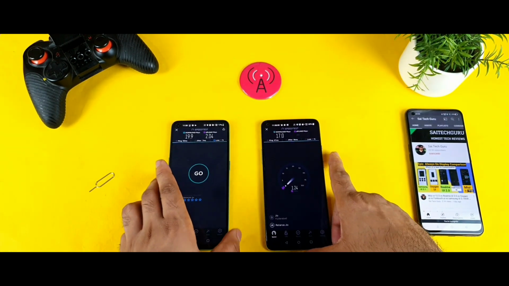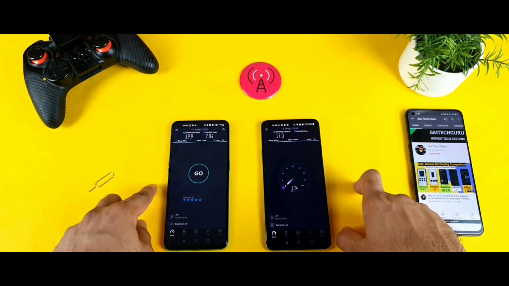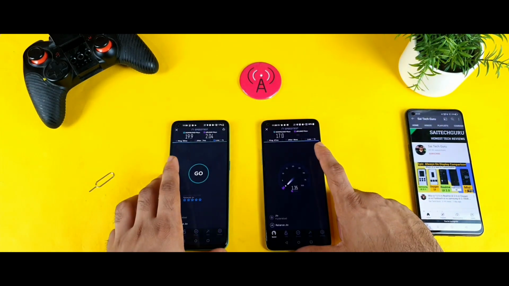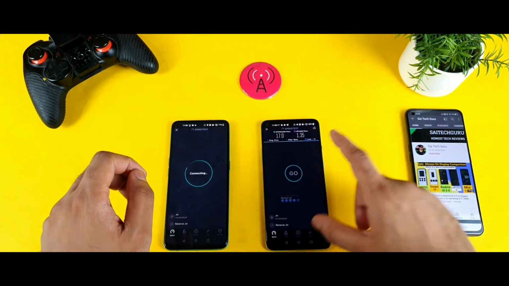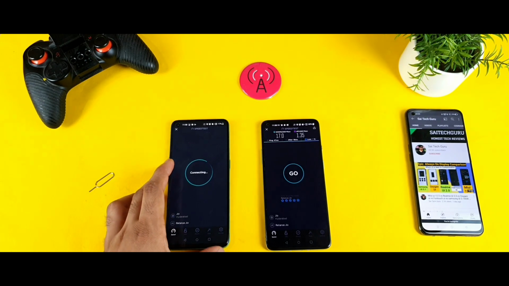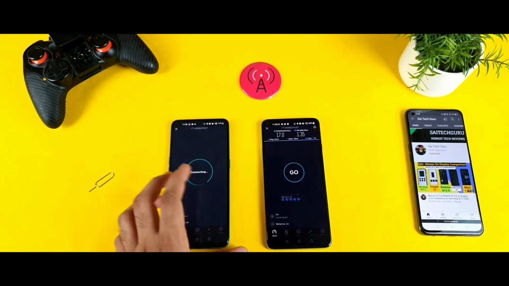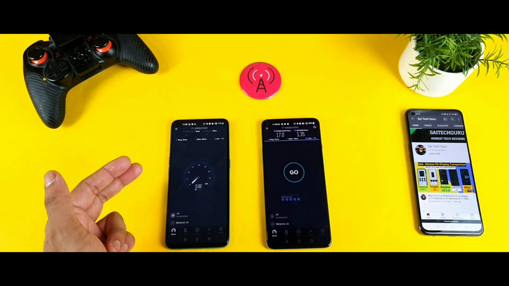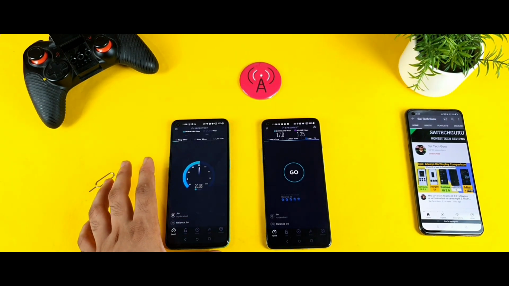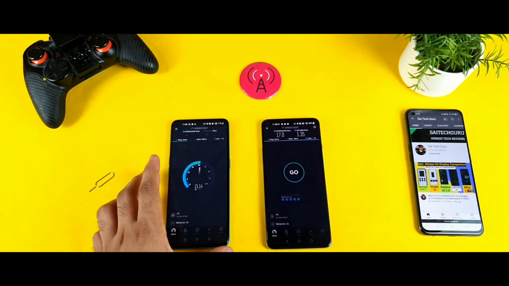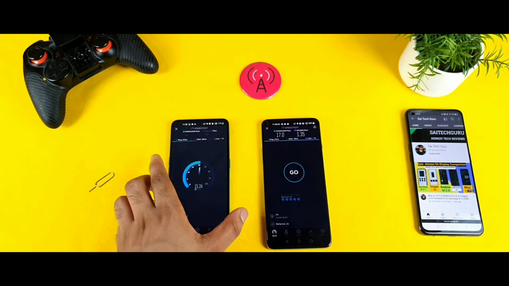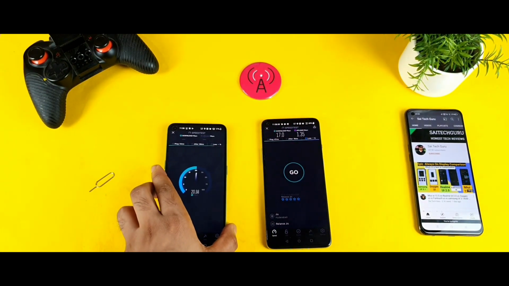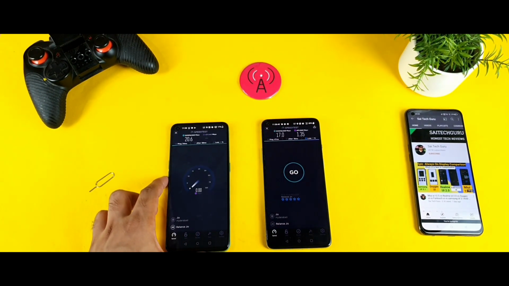So now I'll do the speed test one by one. Once in the OnePlus Nord, and then in the OnePlus 9R device. So let me do it first in the OnePlus Nord CE device. Let's see what will happen in the OnePlus Nord CE. It's loading, and now it got connected, and let's see how much speed we can expect in this phone. One by one I'm doing the testing. So 21 Mbps of speeds I'm getting in this OnePlus Nord CE, with the 4 bands. That's fantastic in this phone. That's really good. So 20 Mbps of speeds.